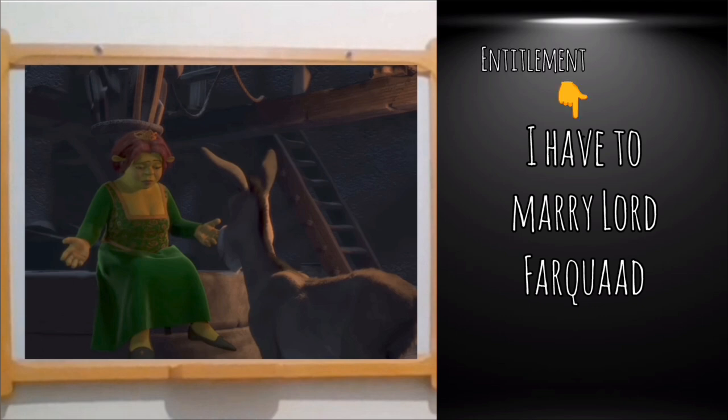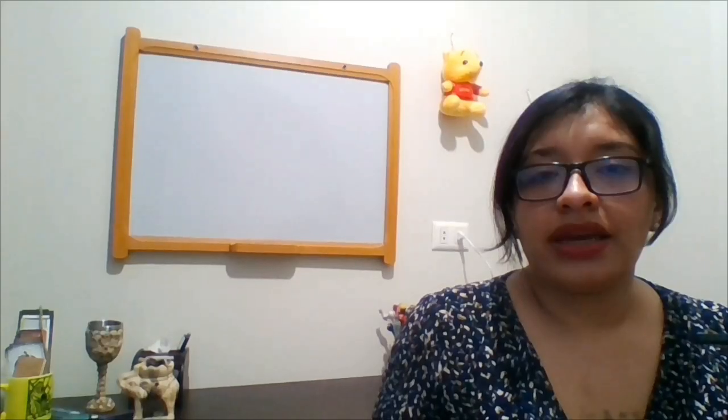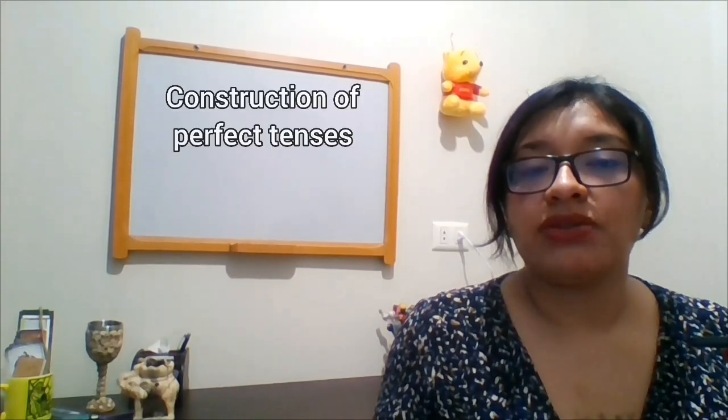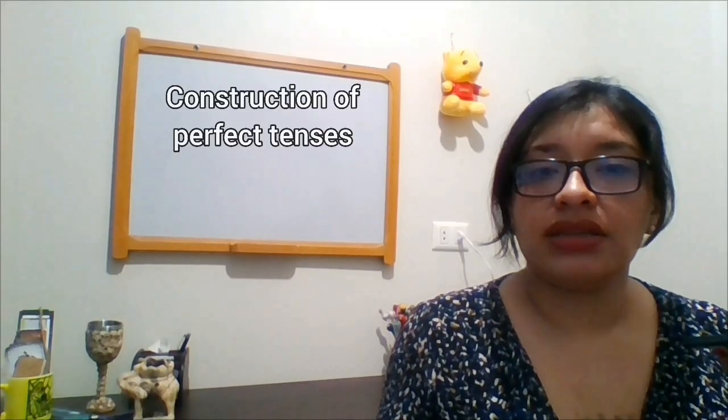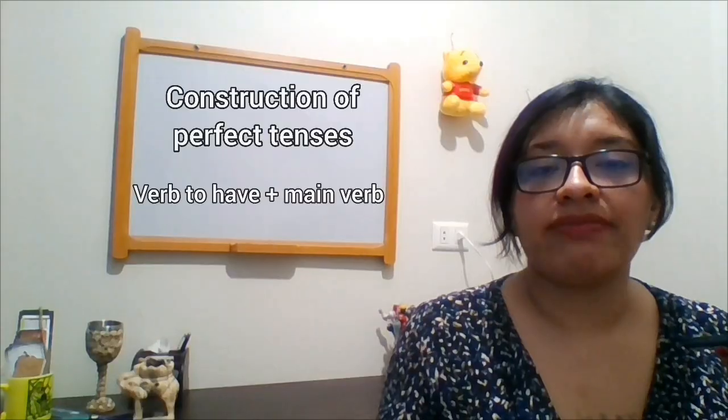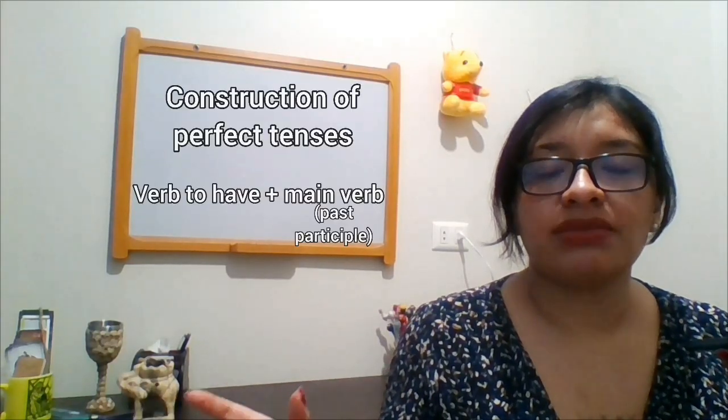Here the verb to have expresses entitlement. Fiona needs to marry. And as an auxiliary verb, it is used in the construction of perfect tenses. In perfect tense, we put the verb to have before the main verb in its past participle form. For example,